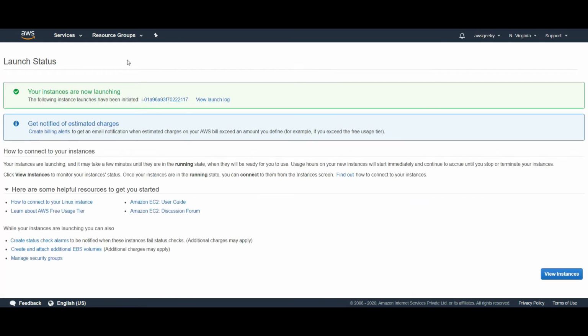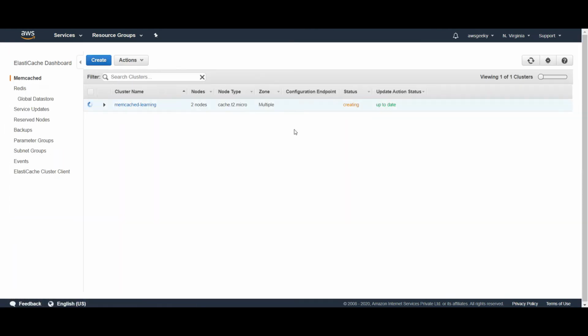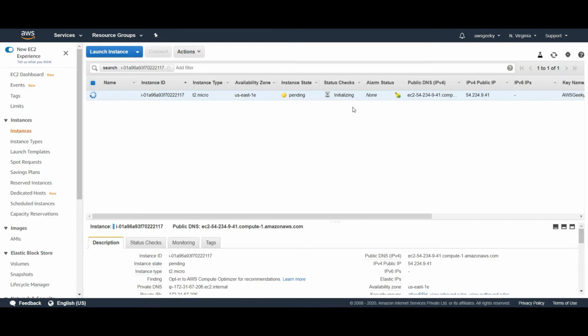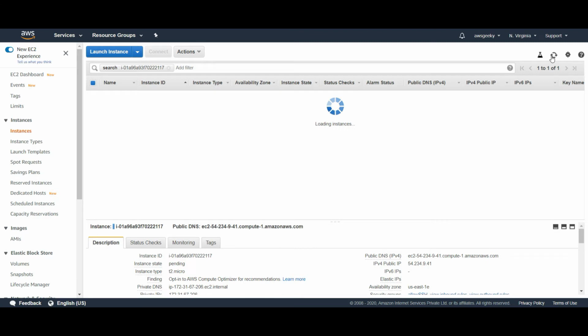Let me go back to my Elasticache and see if the cluster is up. This might take a while, guys. Creating a Redis or a Memcache server will take at least 2 to 5 minutes. Meanwhile, if my EC2 instance is up, I'll try logging into it.